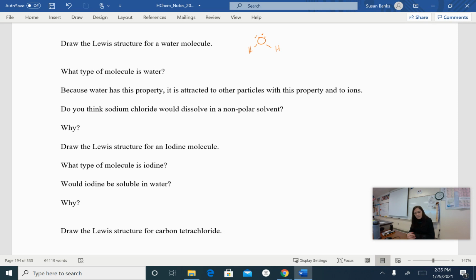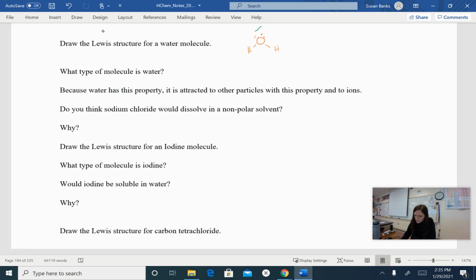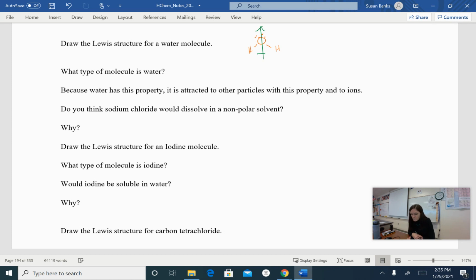Okay? What type of molecule is water? Is it polar or is it nonpolar? Hopefully you realize that because of those hydrogen bonds and the shape of it, we have a huge, huge dipole through that molecule. It is incredibly polar. Okay? Because water is polar, it is attracted to other particles with this property as well as ions, because ions have positives and negatives. So remember, opposites attract. So the positive end is going to attract negative ends of the neighboring molecules, and the negative end of water, the oxygen end, is going to attract the positive ends of